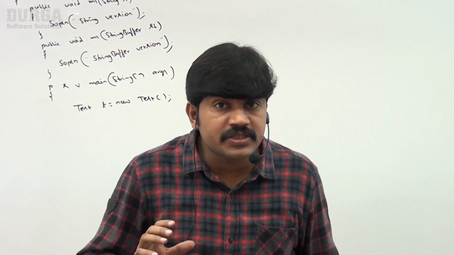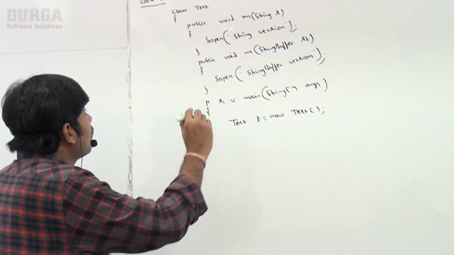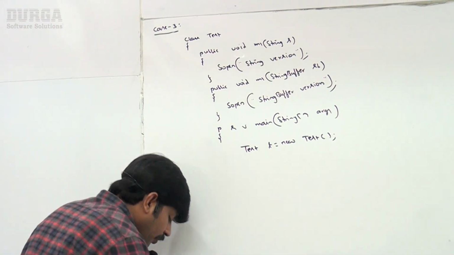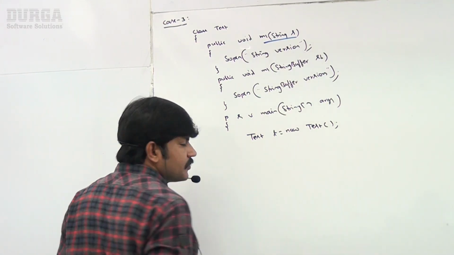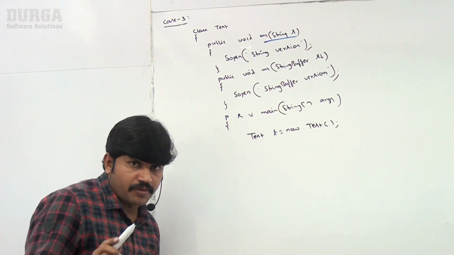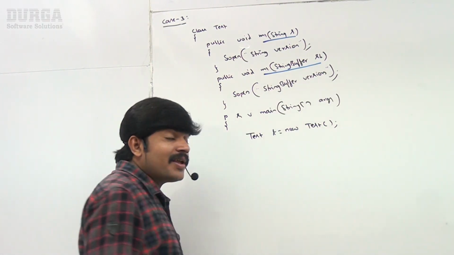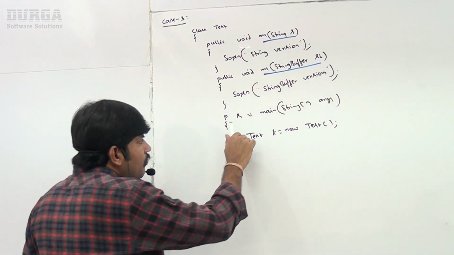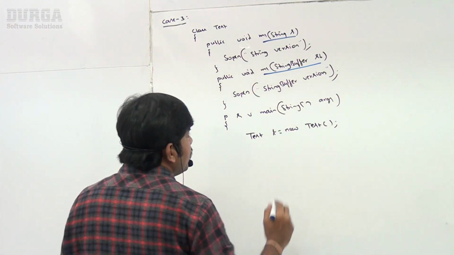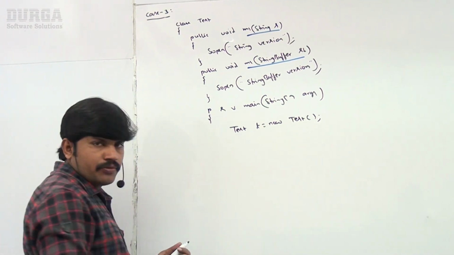Sir, now the next case related to overloading. Observe carefully. Class Test: public void m1(String s), the first method with a String argument; public void m1(StringBuffer sb), the second method with a StringBuffer argument. Now public static void main(String[] args), Test t = new Test();